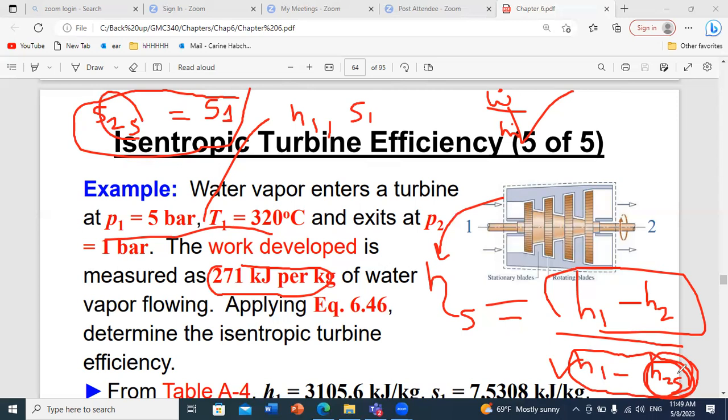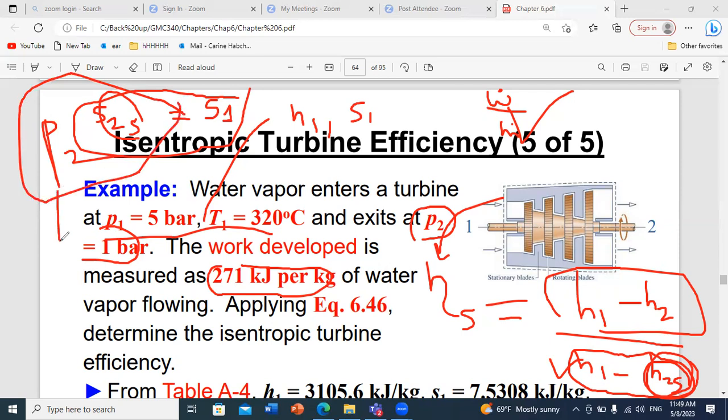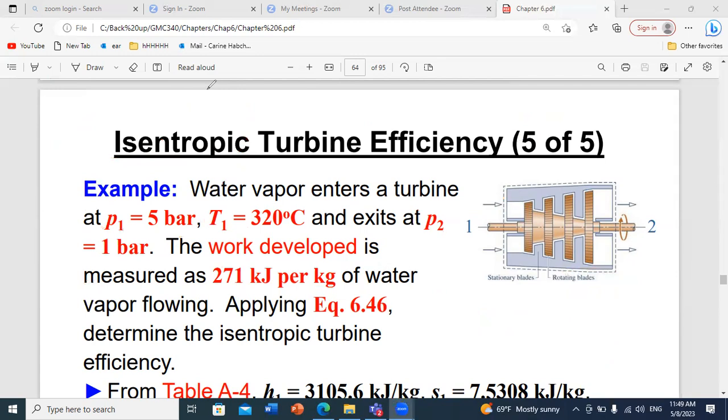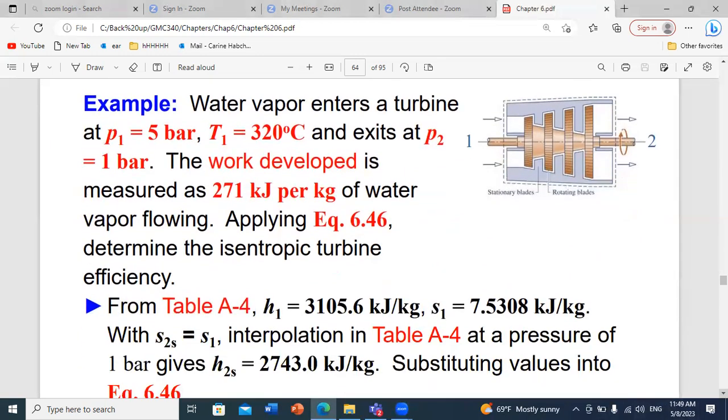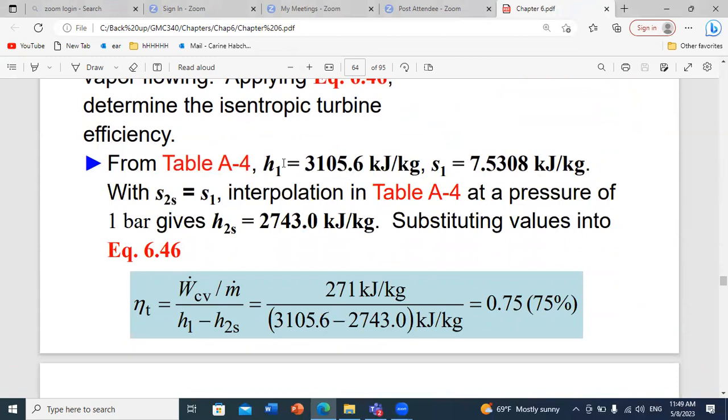What is the second property that you have? You know that the water vapor exits at P2 equals 1 bar. So now you know P2, and you know S2S. Then you take these two variables and you go to the tables. You say my only unknown now is H2S. Okay, I determine if I am in the superheated case or if I am in the mixture case. If I am in the mixture case, I can find the quality and then find the value of H2S. Okay, so now once you do this, you can calculate the isentropic efficiency. Let us revise the method together. So the first step